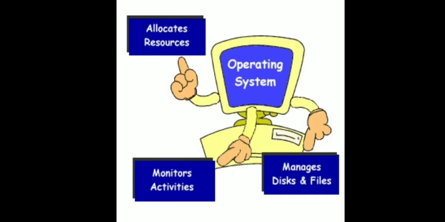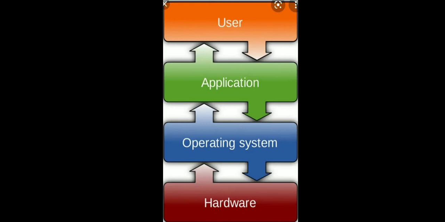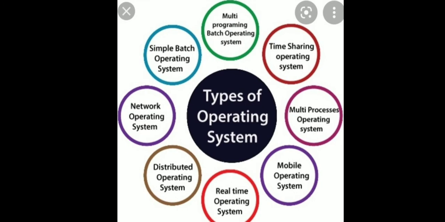We need an operating system to manage all the resources present in a computer, either a printer, a monitor, a mouse, or a keyboard. Whatever the devices, all the hardware and the software which you have installed in your computer system is controlled by the operating system. And the operating system also acts as an interface between the user and your computer. These are the different types of operating system.